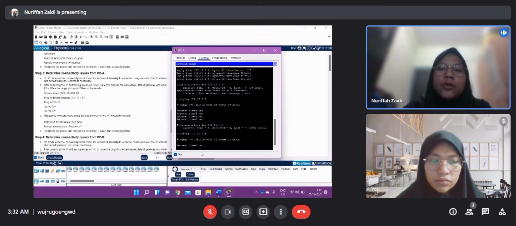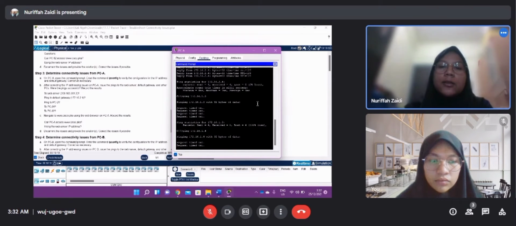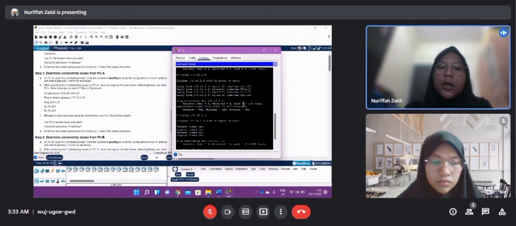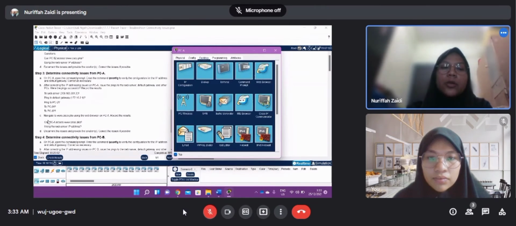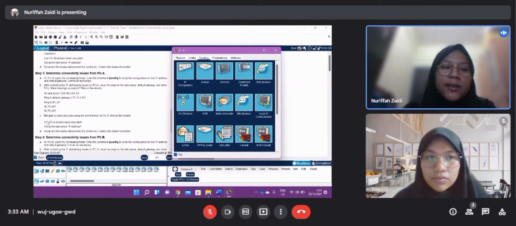PC-01 unsuccessful. So as we can see, in step 3 only PCB is successful in connectivity with PCA. Command prompt and navigate to, and now let's take a look at the next item, which is to navigate to